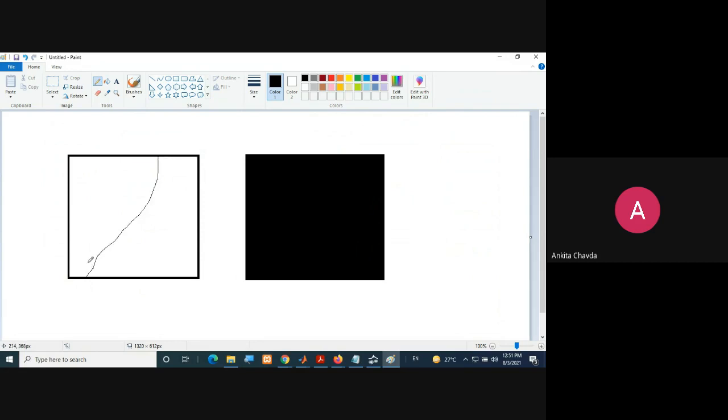It is spread from 0.3 to 0.6, suppose. And if you are making it like this, now from where you want to stretch your graph, from that you will take the slope or something like this.